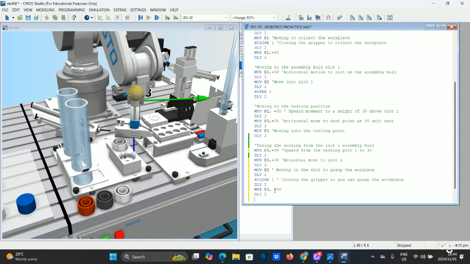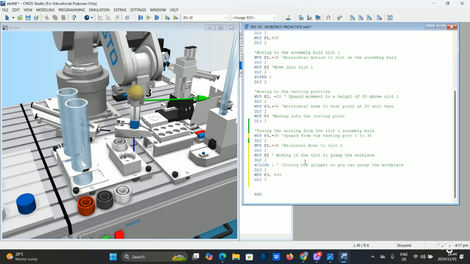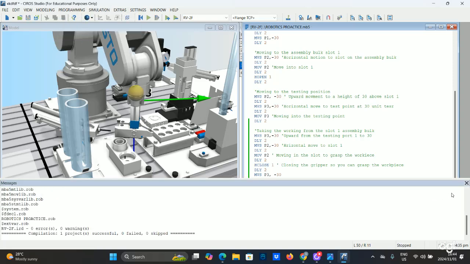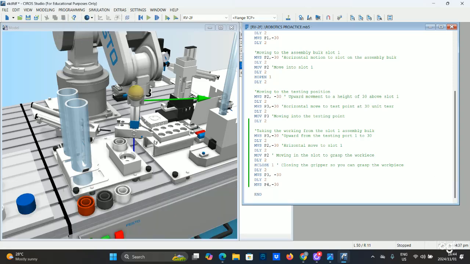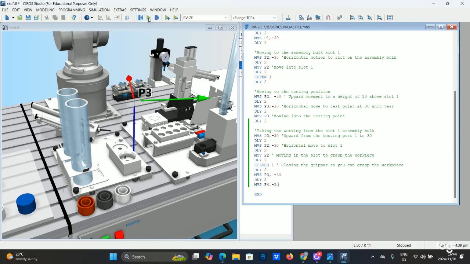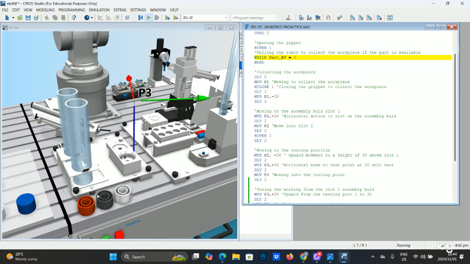for 2 seconds, right? And then you do an MVS to slot number 2, right? Our slot number 2 is position number 4, right? So you go to P4 at a height of minus 30, right? And then when you get there, let me just compile this again so I can show you how the program runs, right? And then you reset,